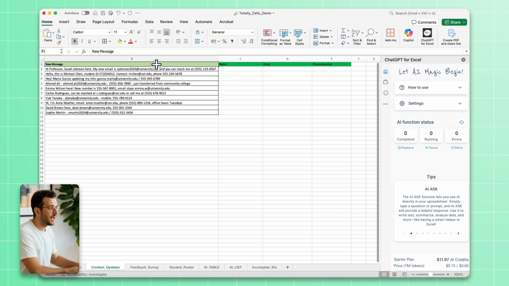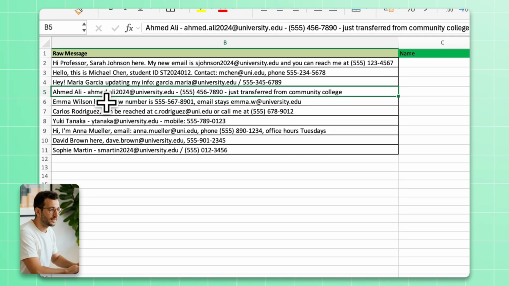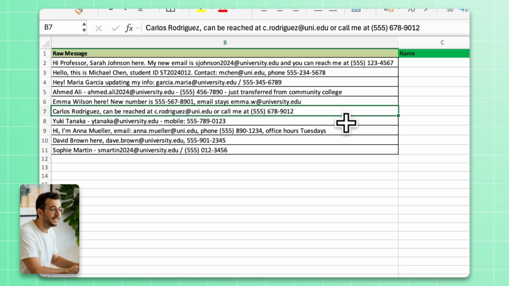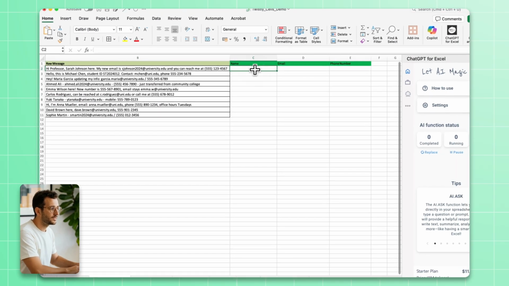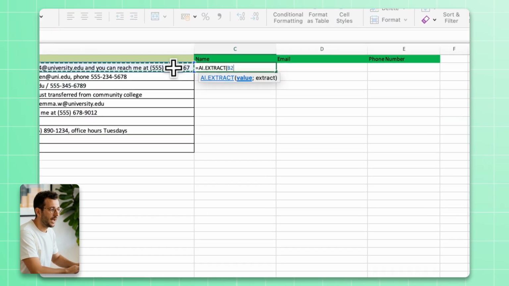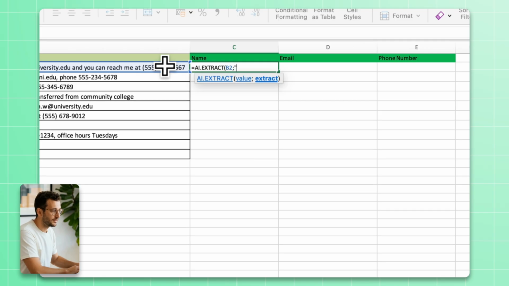Now let me show you something every professor deals with. Messy contact updates. Students emailed their info during the semester, and I simply pasted their messages into this column. As you can see, it's chaos. Different formats, missing phone numbers, completely informal text. I click the cell in column C and type AI extract this cell, full name, hit enter, and there it